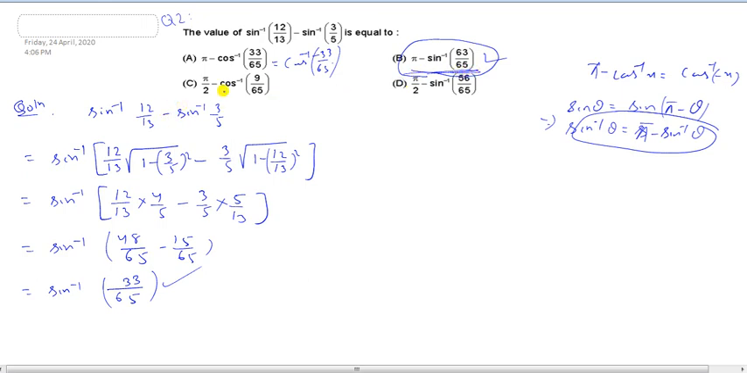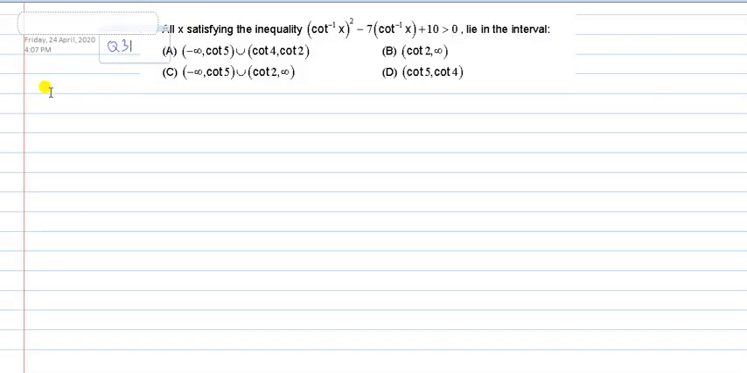And since pi by 2 minus cos inverse will give sine inverse directly, this is nothing but sine inverse 9 by 65, which is not correct. Similarly, this is nothing but cos inverse 56 divided by 65, so this is also not correct. So the correct option is pi minus sine inverse 63 divided by 65, right? So let me check the third one. Here